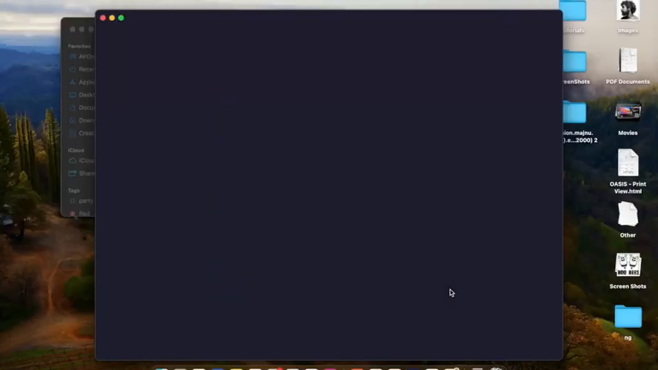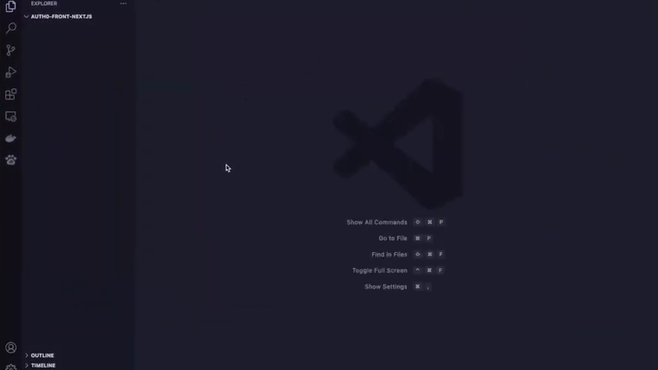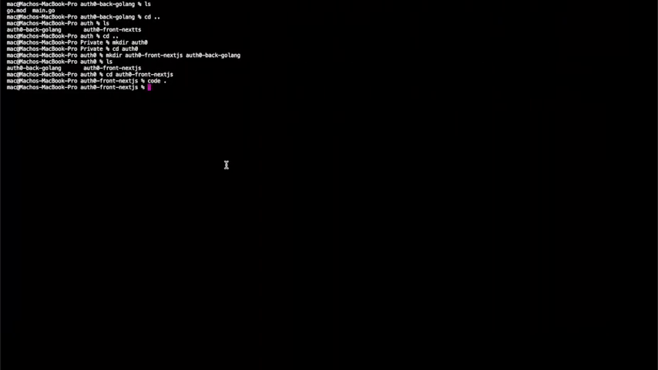Open VS Code, open Magic. First thing we're going to do is create our Next application. We want all the defaults. We want our src folder. We want Tailwind. We want TypeScript. All of those good stuff. While that is loading,